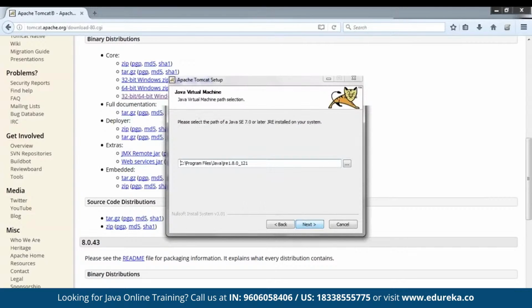Again, when you click on next, it basically asks you the location where you want to install Tomcat. If you click on next, it will ask you the location of your JRE. In my system, it has automatically detected that I'm using Java version 8 as well as the location of the JRE folder. So make sure you have Java installed on your system and the correct JRE folder